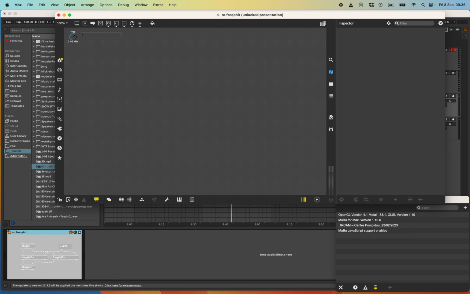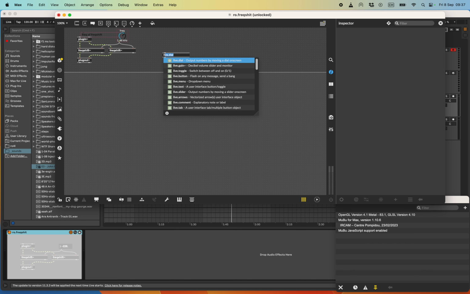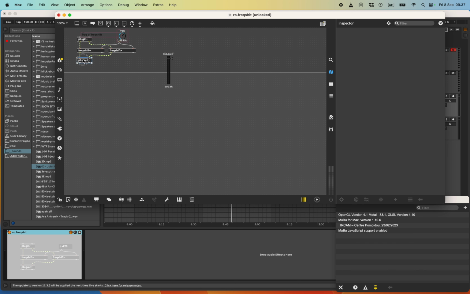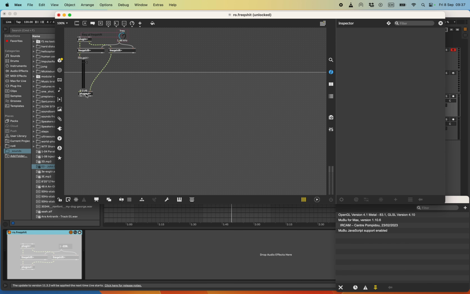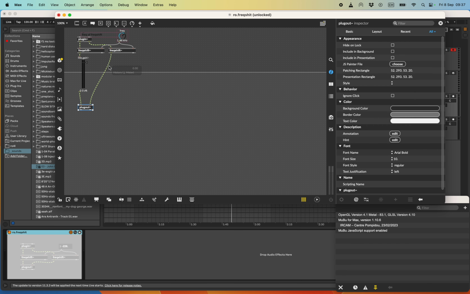We can add a comment. Kind of unnecessary. It already says frequency here. And just for fun, we're going to add another device, live gain. This is very useful. So we can see the levels. We're going to add this to presentation too. Go back into presentation and move it